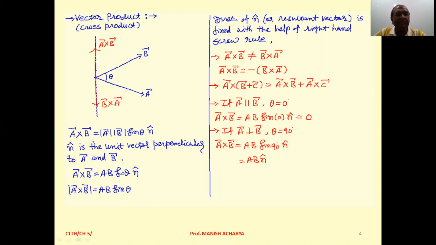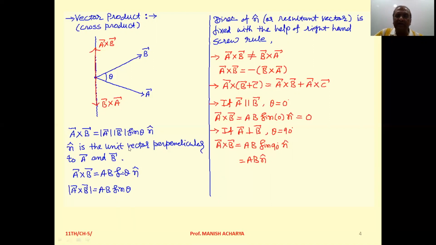See here, vector A cross vector B. So here the symbol used is cross, therefore it is also known as the cross product of two vectors. Cross product of two vectors. Now it is defined as vector A cross vector B, that is equal to